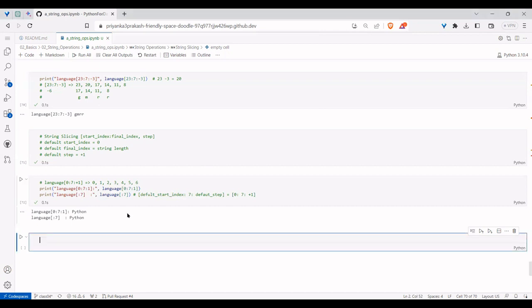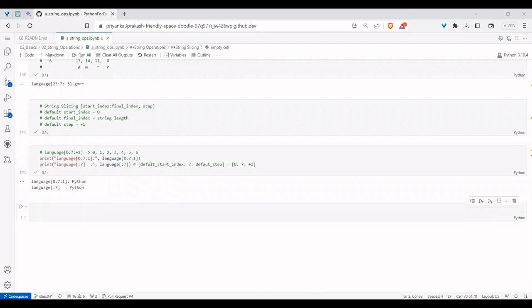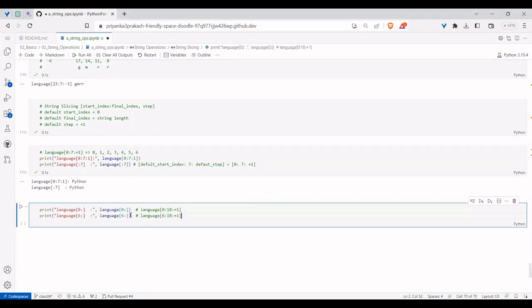Next, going further, the next thing that you will learn is about these operations. What if I don't give some of the values? What if I give something like 0 and a colon? It means I'm mentioning the 0th value.